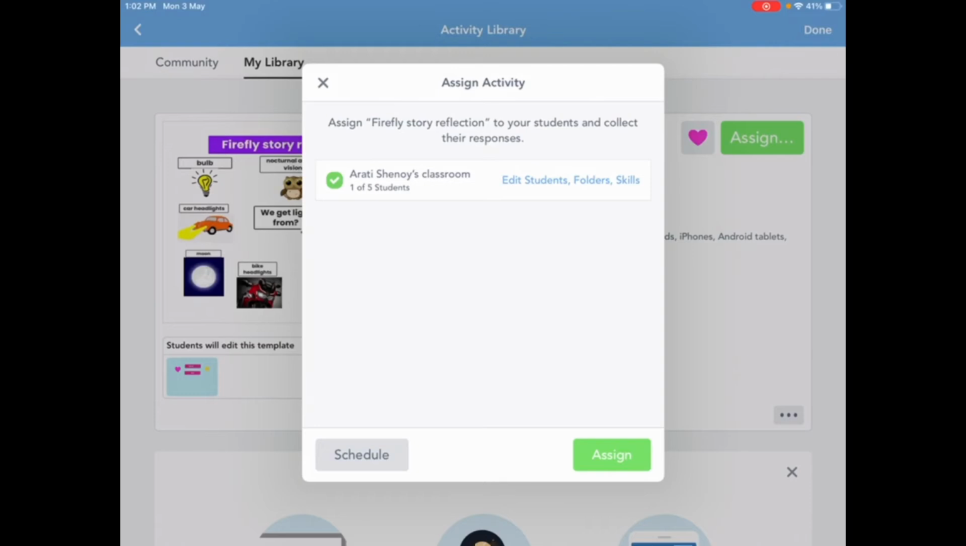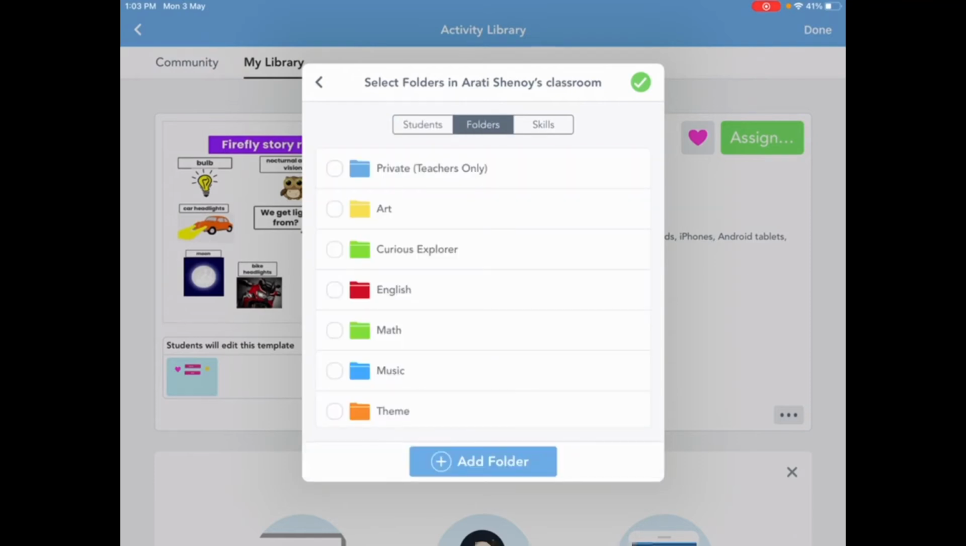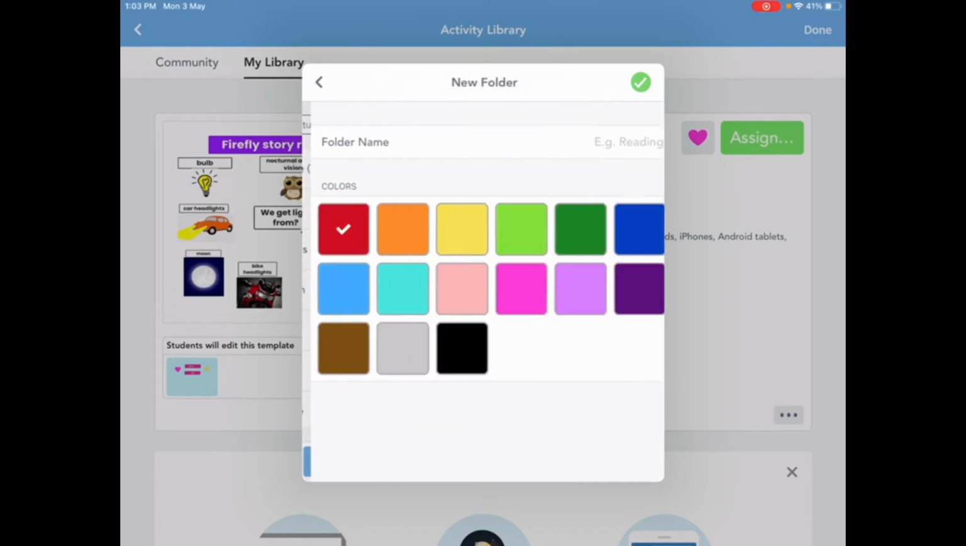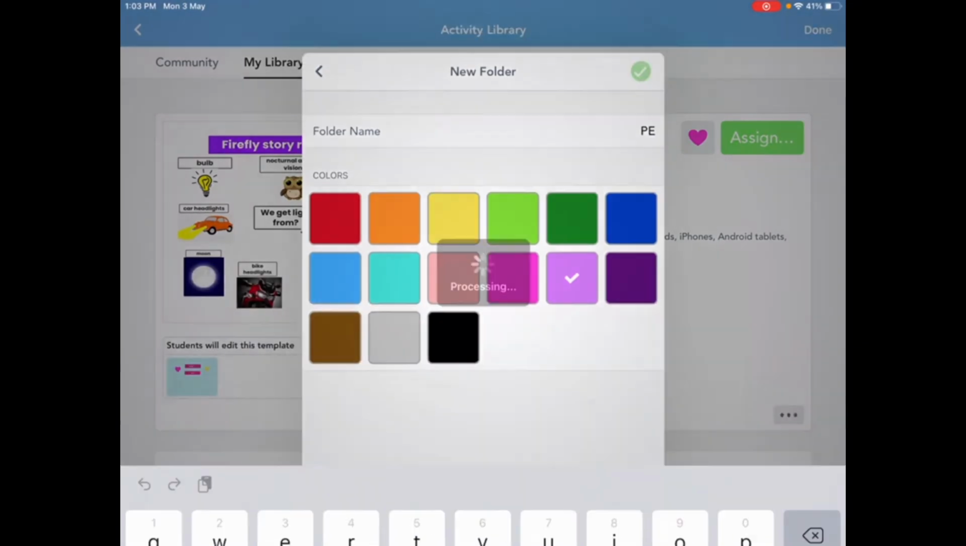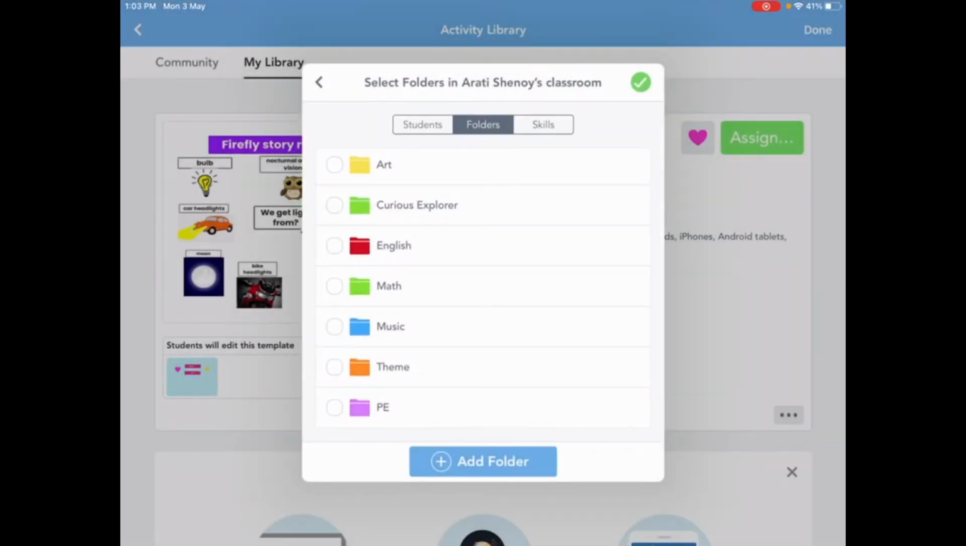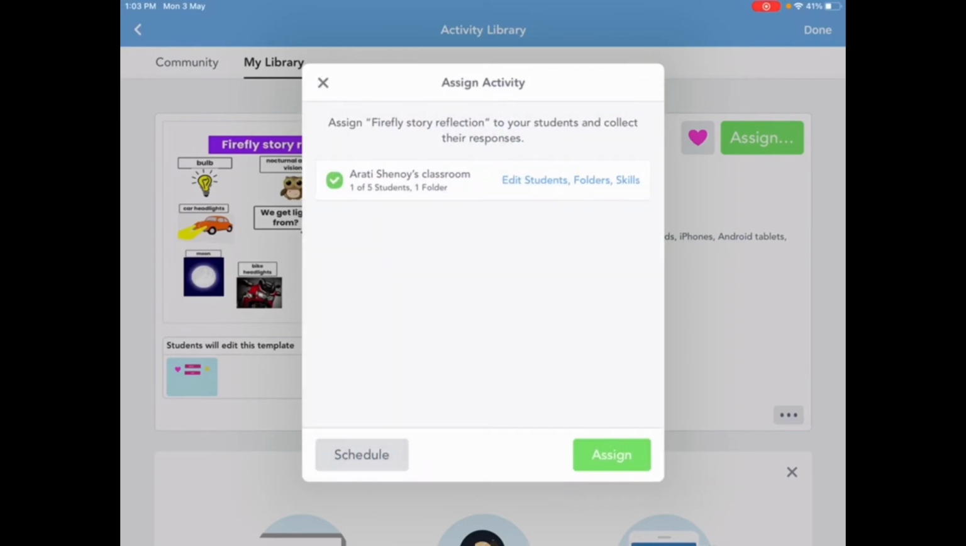You can also create a folder because it really helps to keep it all organized. So I go into folders, go into folders again. I have a few options: art, curious explorer, English, math, music, and theme. I can select one of them, maybe English because it's pertaining to English. If not, I can add a new folder, select a color, and give a title. For example, PE. Now I can go back and just add English and go onto the top right corner and select the green